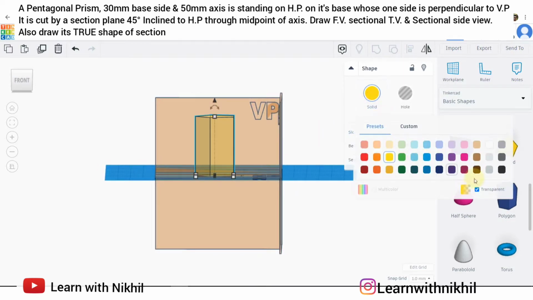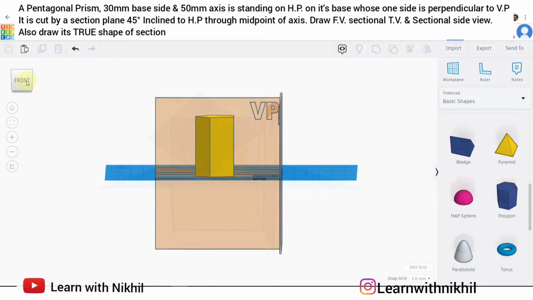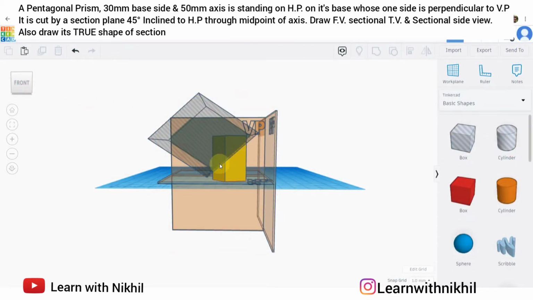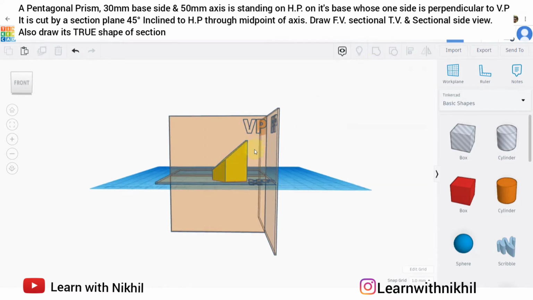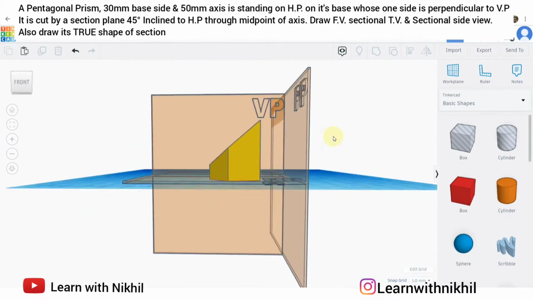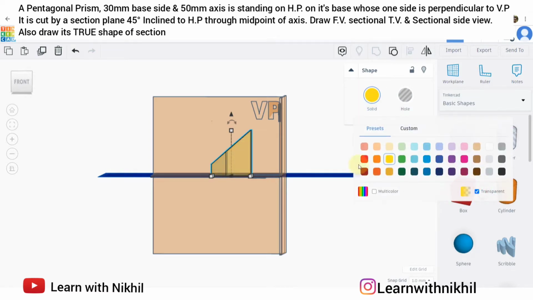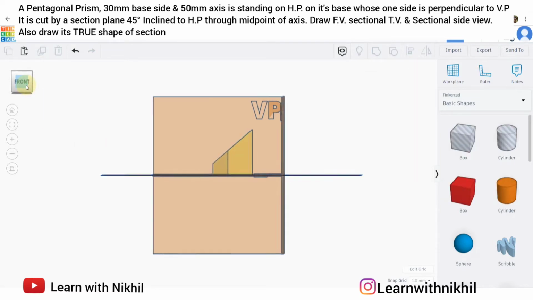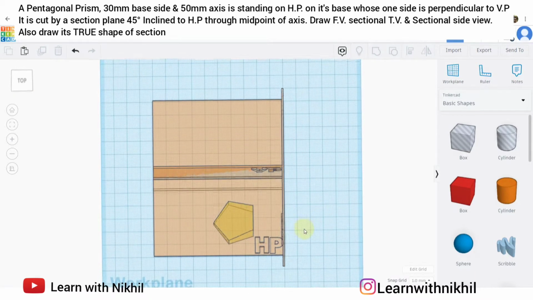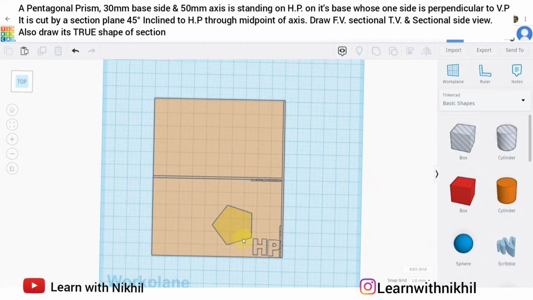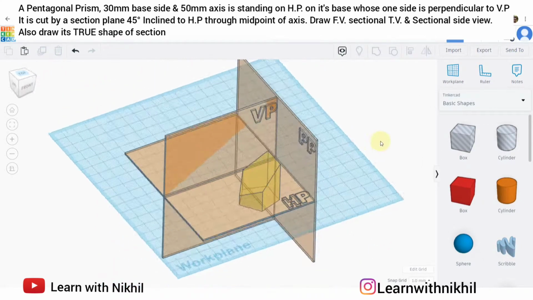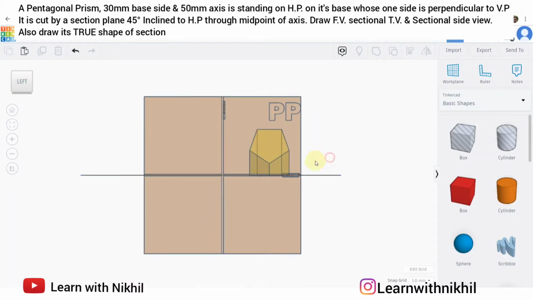Further, the question says it is cut at an angle of 45 degrees through the midpoint. So for cutting, we have placed an object of a hole, grouped them. So this is how the part is cut. So from the front view, this is how it will look. But as we have to plot the normal front view, the whole rectangular block will be in the front view. But this is how it will look when it is sectioned. This is how it will look from the top view, the sectional part, and this is the sectional left hand side view. These two lines will be hidden, that will be behind.